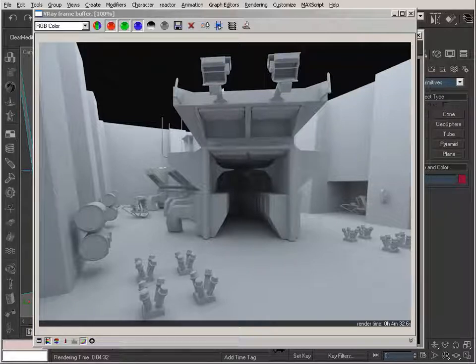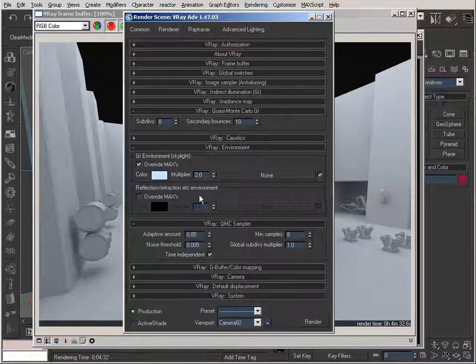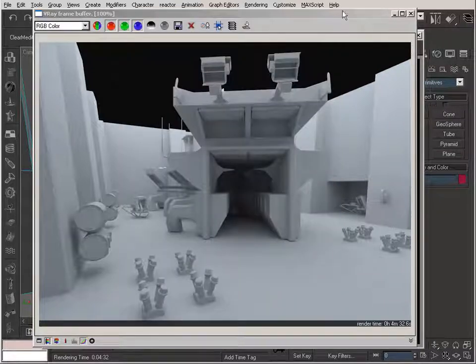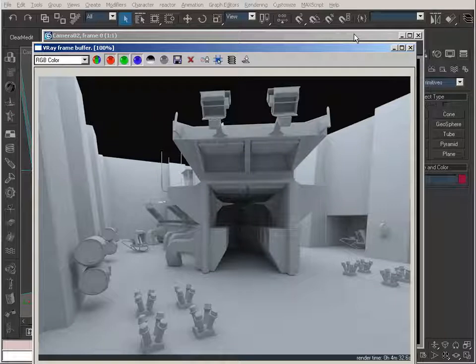But I also want to bring up another way that you can get things to be brighter. It will also kind of have the same effect, but it's just something to keep in mind when you're doing these exercises. So let's take that back to 1. If we take that back to 1, the other thing I want to do is go in here and